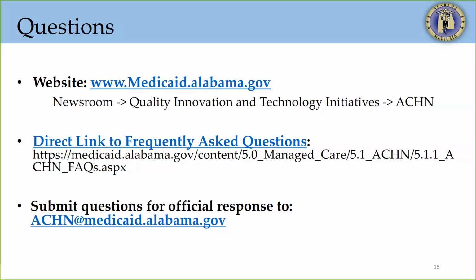OBs who are still seeing those patients, you can still see those patients. You can still provide any of the prenatal visits or postpartum care that's necessary for those patients. Just because there's no care coordination in the month of October, you can still see that patient. Starting November 1, you will need to reach out and make sure you have a contract with the ACHN so that you are able to be paid for any dates of service after November 1. All